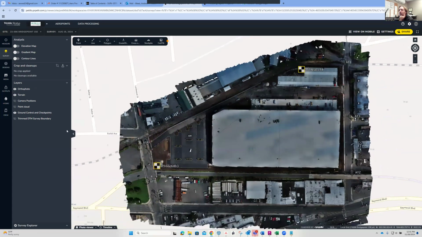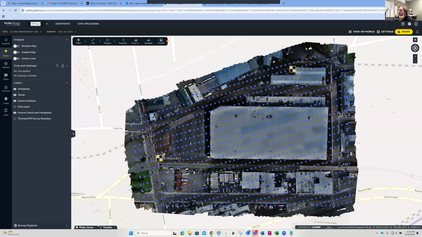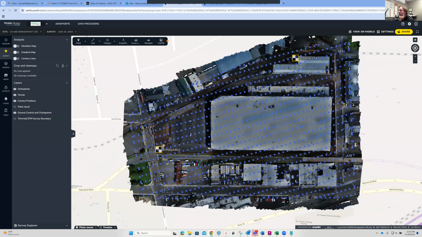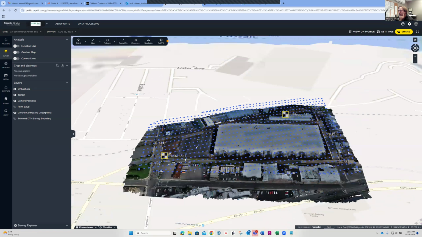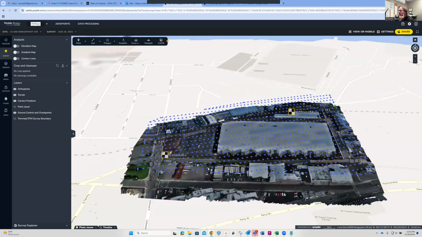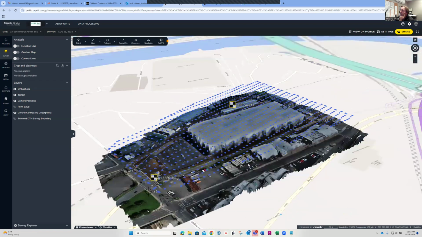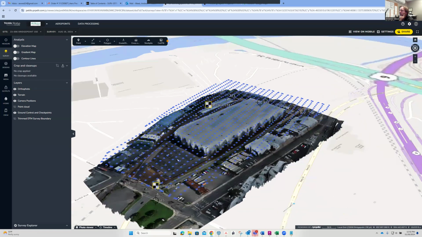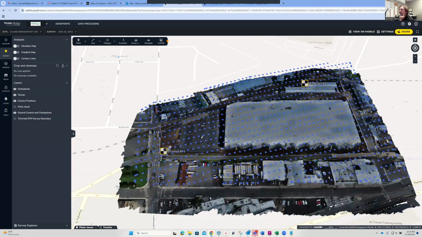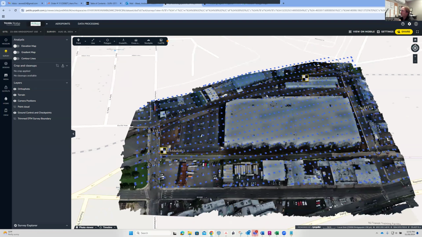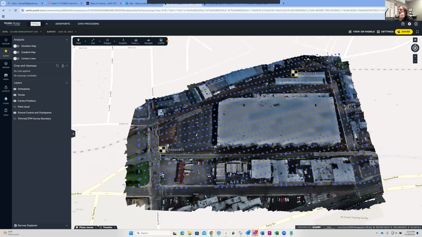So we flew the site, we obtained all of these pictures. Every one of those blue dots is actually a camera position that the drone had. And this was a very low level flight. I think it was a little bit over 300 feet AGL, above grade at the site. So it's very, very low level, very high resolution. And then once every single one of these photos is stitched together, we can download an orthophoto, and that's